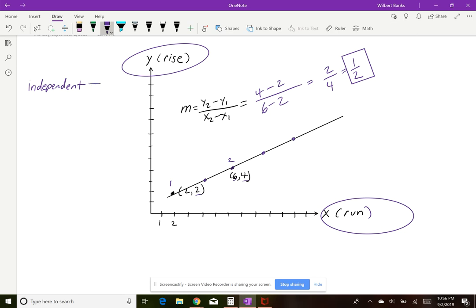And that variable is always represented on the x-axis. And then we have a dependent variable. And that one's always represented on the y-axis. So when we say independent and dependent and we start looking at speed and velocity, we are aware of a